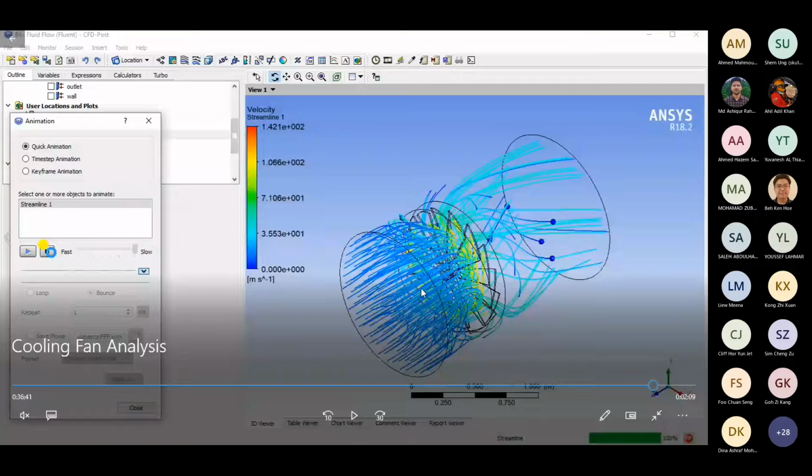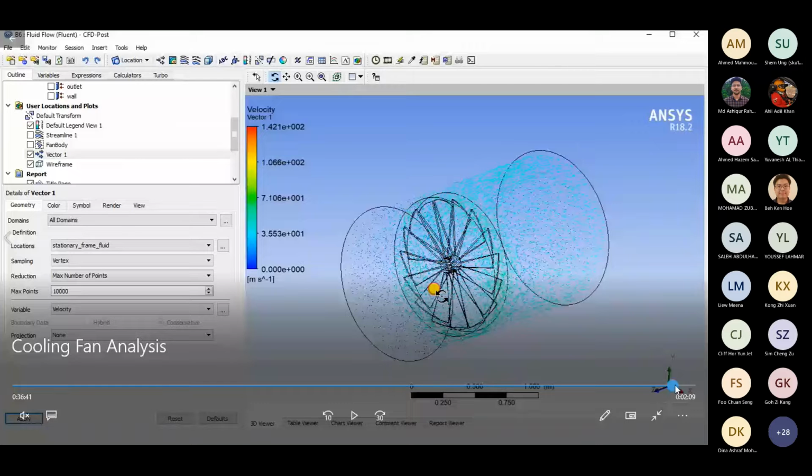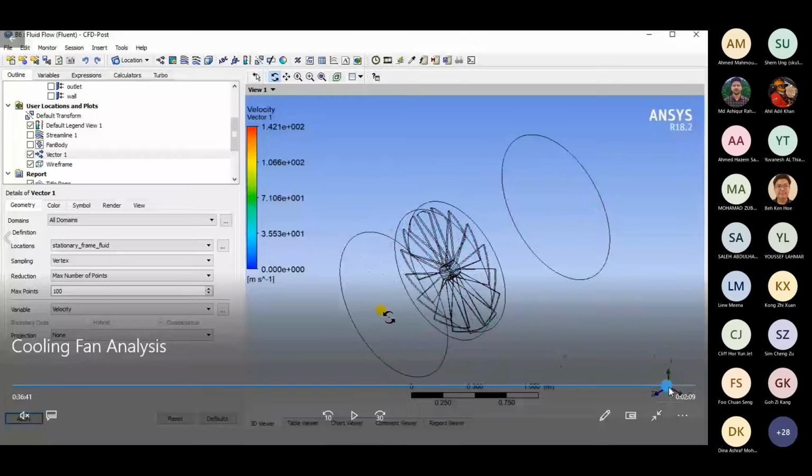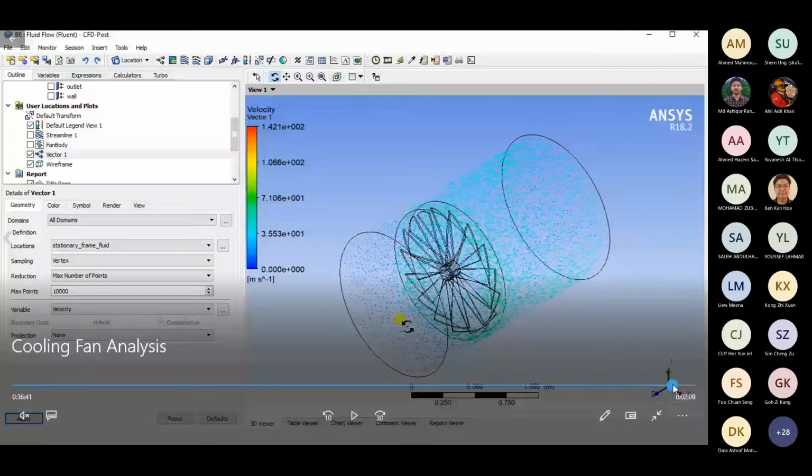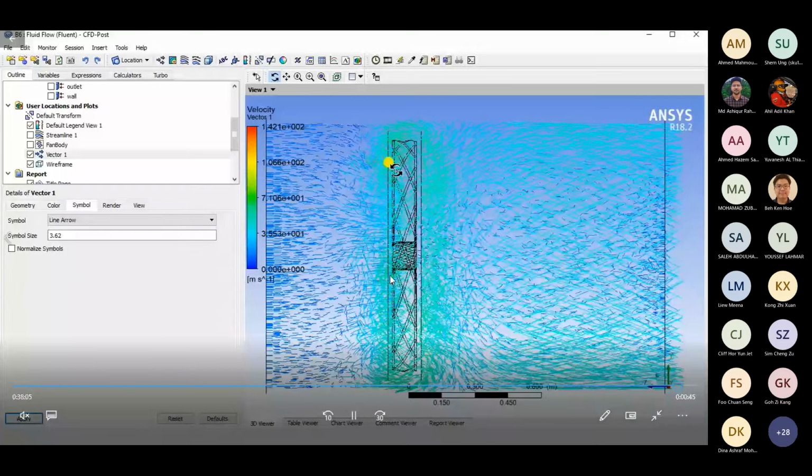So yeah, now that's how you can see. And here also you'll be able to see different vectors. Similar to what you have done for the streamlines, you should create vectors. You'll be able to visualize the vectors, and this will generally show for the 10,000 particles how their flow is looking. Basically these vectors are parallel, or in tangency, to their streamlines. So each particle will show you how it will go.